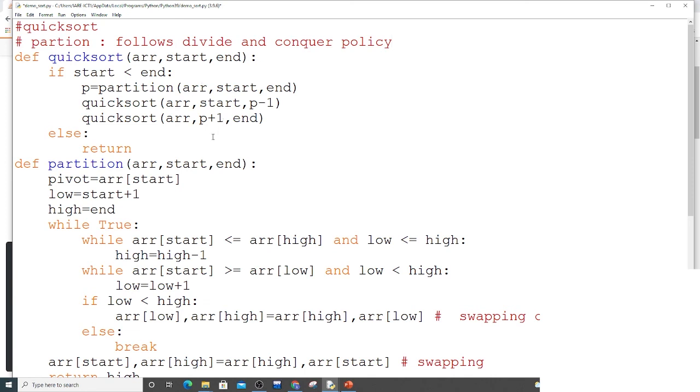For the set of data, it has to find the position of every pivot element. If there are n elements, it will repeat n times, and for every element it is applying log n time. So the total is order of n log n, that is n into log n time. Logarithmic time is better than linear time. So this is the way you can write it. Okay.